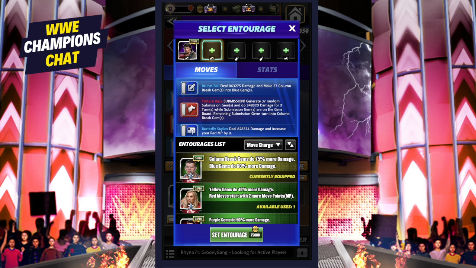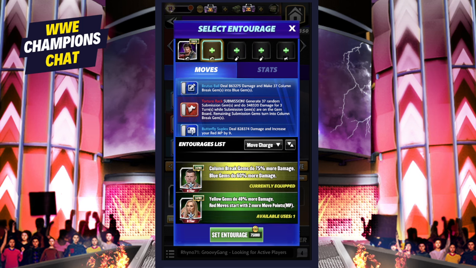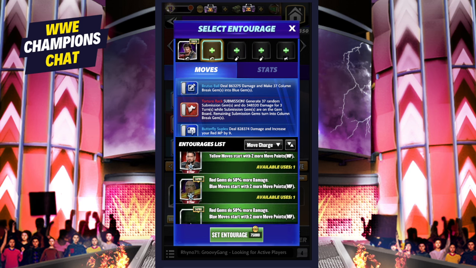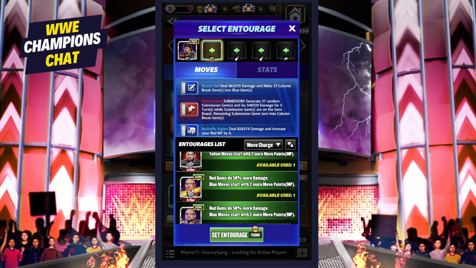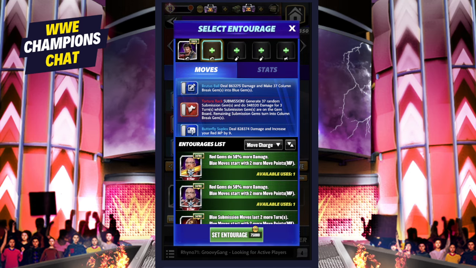It's a pre-month, pre-MLC. So I've got Lawler, and I still need 2 blue MP. I mean, I could use Bubba Ray, but I don't need red damage. I need...